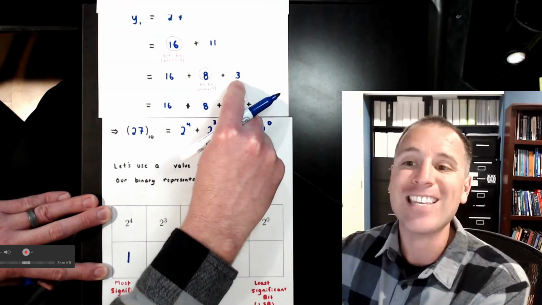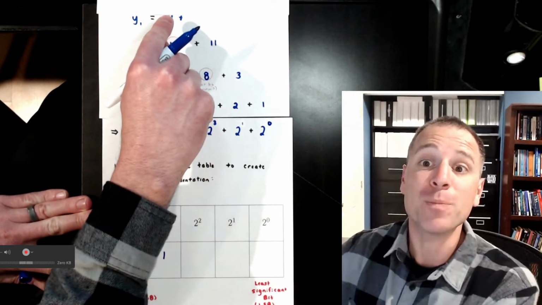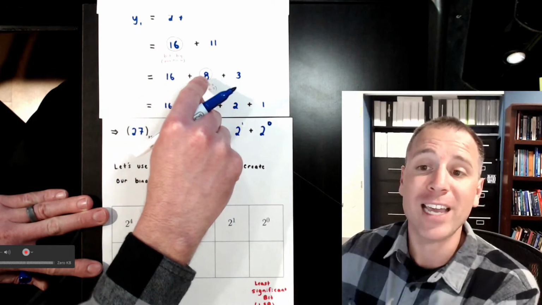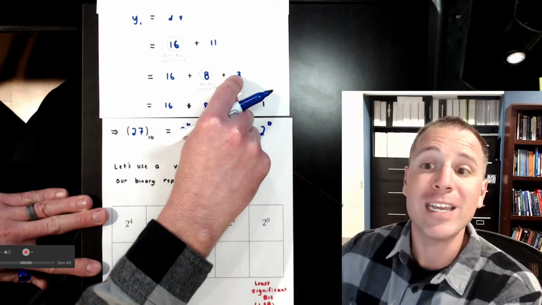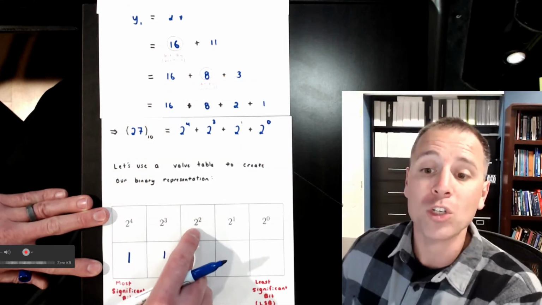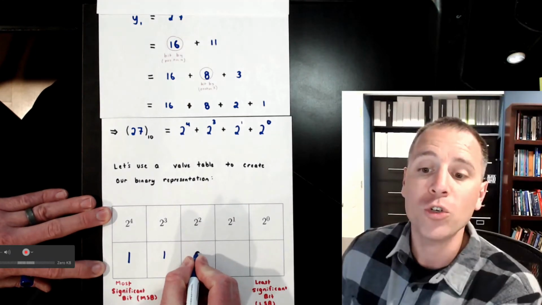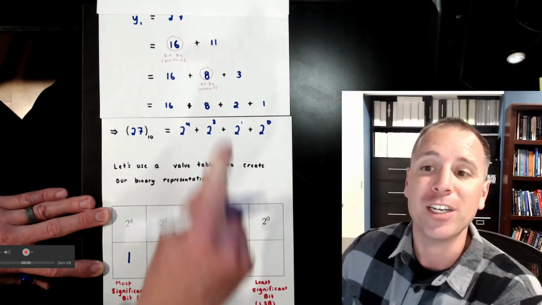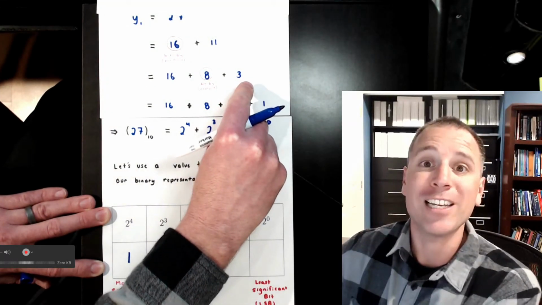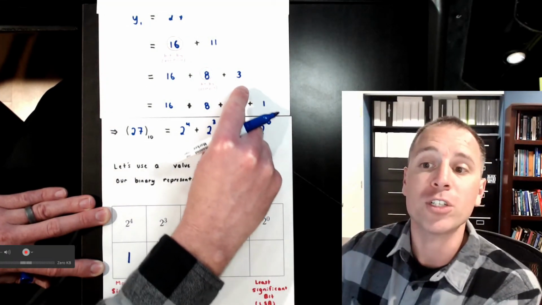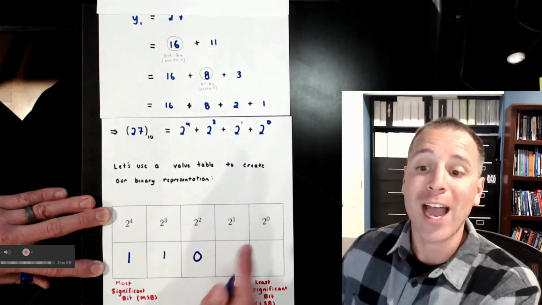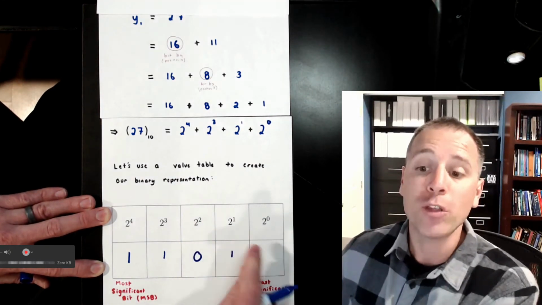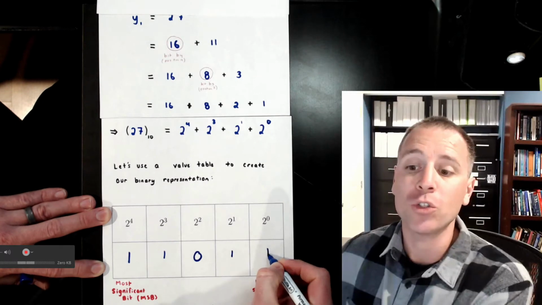When I looked at the extra information in the difference, 27 minus 16 minus 8, that extra information was 3. 3 is less than 4, so I know I have no need for 2 squared information. There is no value of 4 in that linear combination. 3 can be decomposed into 2 powers of 2. That's 2 to the 1st and 2 to the 0. So I actually have need for 2 to the 1st in my representation and also 2 to the 0.